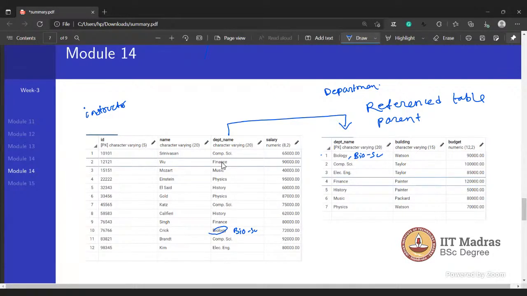No, I understood. But I want to know, updating means just changing the name? Yes, changing the name or anything. If you update in the parent table, it will also be updated in the child table. So just the reference column will change, I mean the reference attribute will change. Yes, reference attribute. Okay, sir. Thank you.